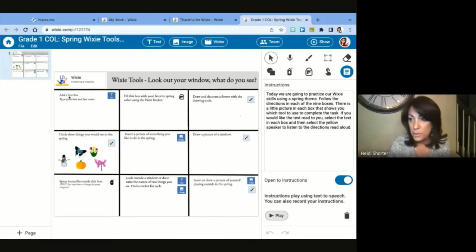And so what we did is we used one of the templates that has the 9 boxes, but we take the stickers from Wixie right there in the image category, and we suggest to the younger students which tool we want them to use, just so that we can start to teach them the tools and so they can see what's out there and what's available to them right in Wixie.